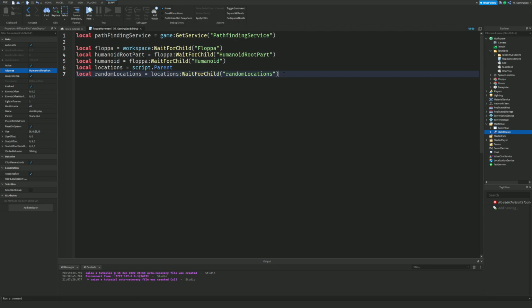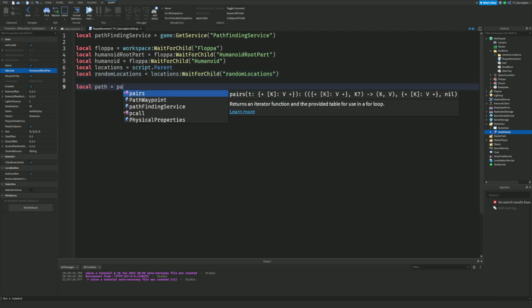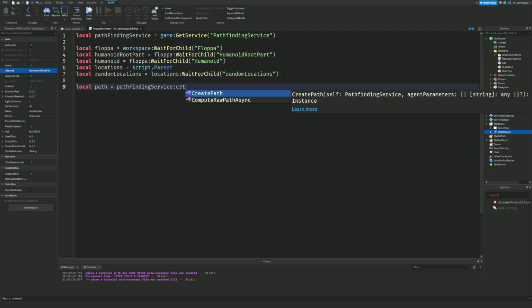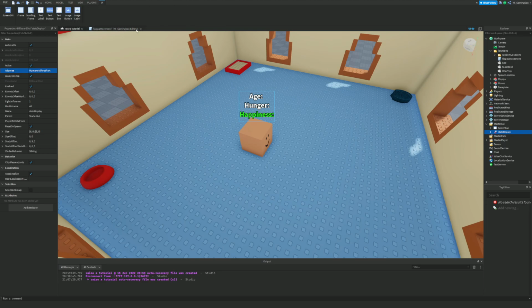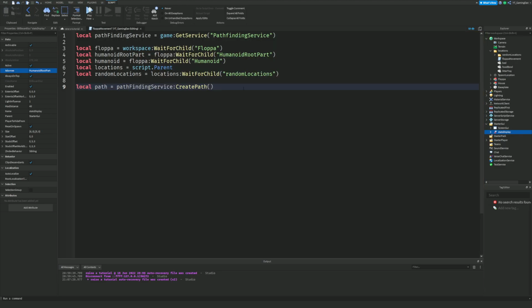After that, guys, we are going to do local path is equal to PathfindingService:CreatePath, and this is going to be the thing that's going to allow us to now move our Floppa around our house over here, guys. After we've done that, we're going to go and actually find a random location to move to,